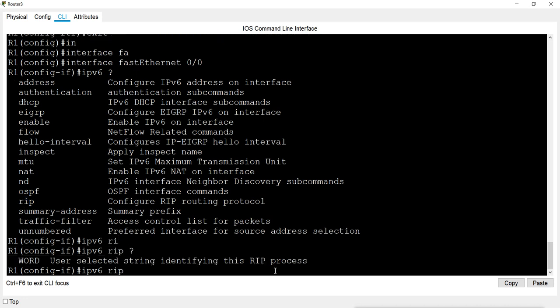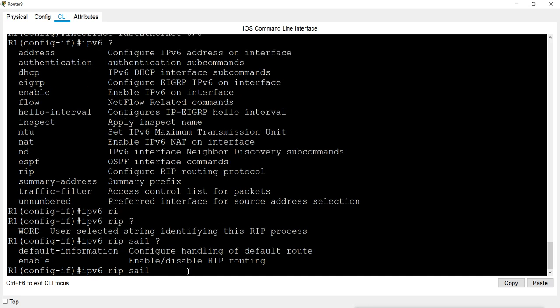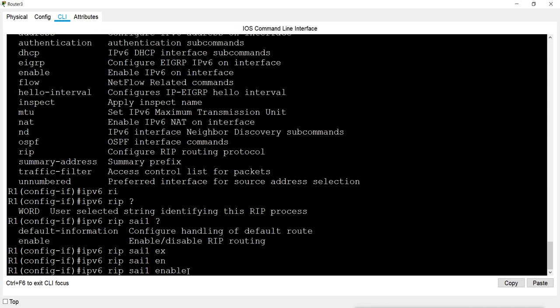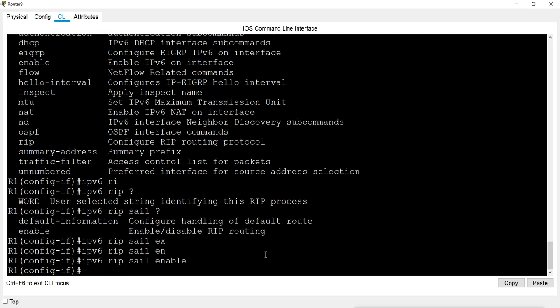Then you mention the name of your process, which is site1, and then you say enable or disable. I want to enable. Now it is introduced on this interface.